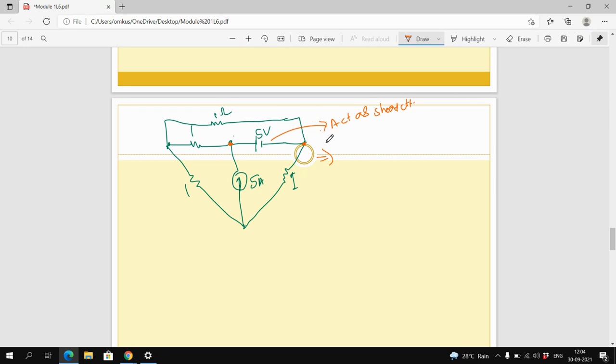So what is the nodal equation here? See, there are four principal nodes, but take this node as the reference node. So this is V1, this is V2, and this is V3. Now between these two nodes an ideal voltage source is present, so make it a short circuit. Then when I short circuit this element,